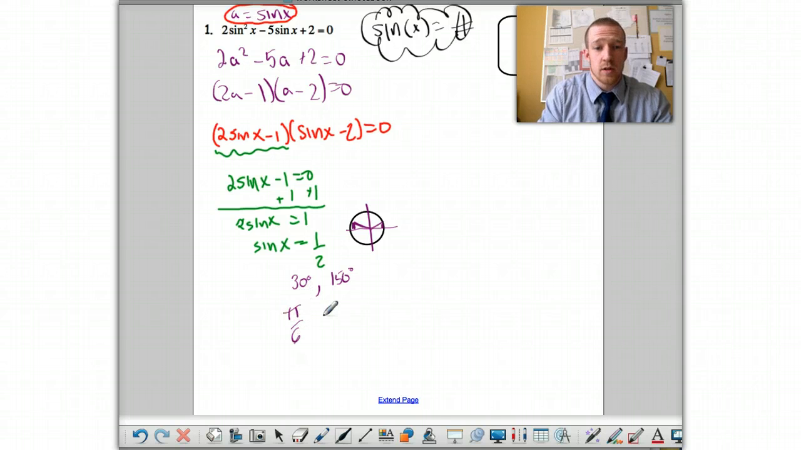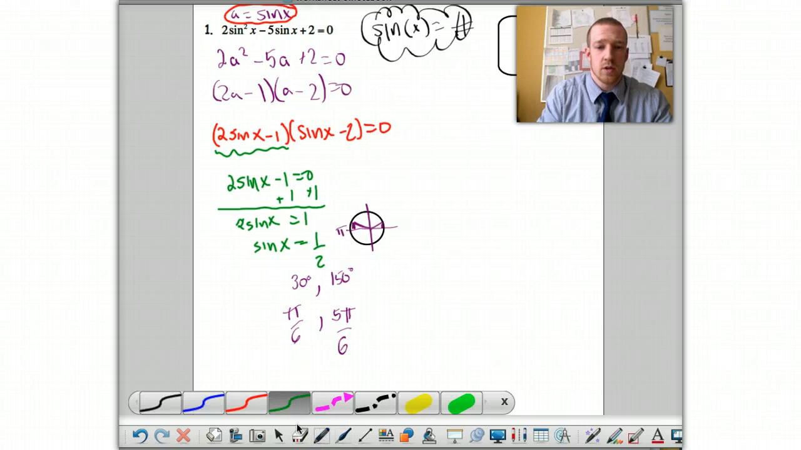pi over 6 and 6/6 pi, because this is pi around the unit circle. 6/6 minus a 6 is 5/6 pi. Alright, and then we go to solve this one,